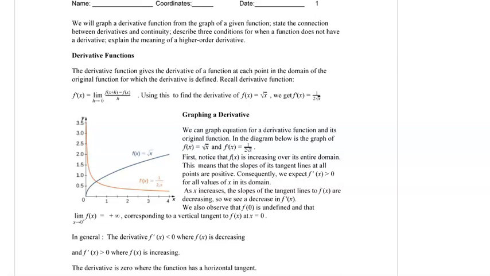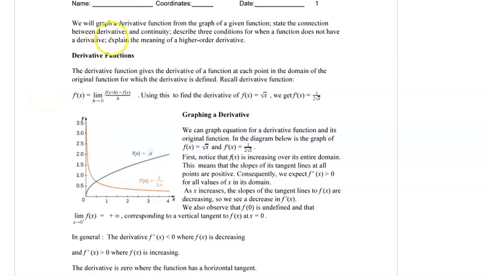Hello everyone. In this lesson we continue our discussion on the derivative. In particular, we're talking about the derivative of a function. So in this lesson we graph the derivative of a given function and state the connection between derivatives and the original function, derivatives and continuity. Describe the conditions for when a function does not have a derivative, and then we'll finish by talking about higher